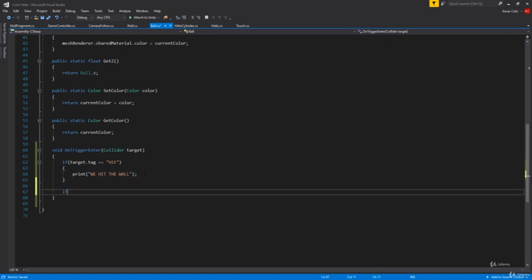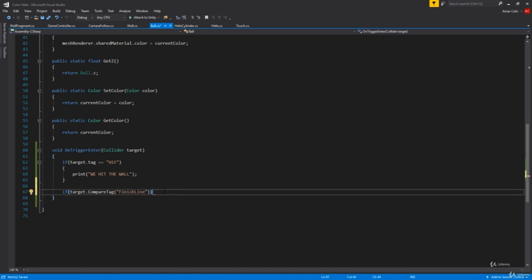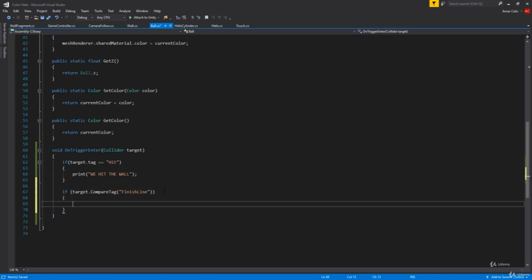Then if we hit the target dot tag finish line, or we can even say target dot CompareTag. I see this is used a lot, so finish line, it doesn't matter, it's doing the same thing, it's just what you prefer. And here we're gonna say print